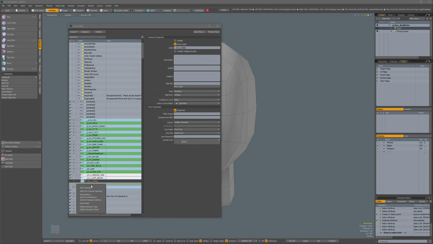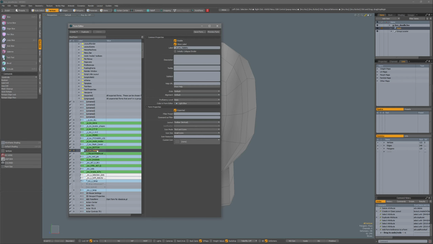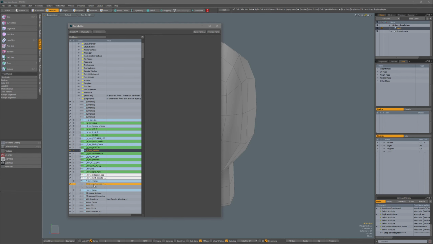What I'm going to put in it is a form reference, not a command or a subform, but a form reference. And this will allow me to drag another subform onto that reference. And as the word says, it will be referenced. So for instance, if I choose my subform H, my visibility, and drag it onto that reference,